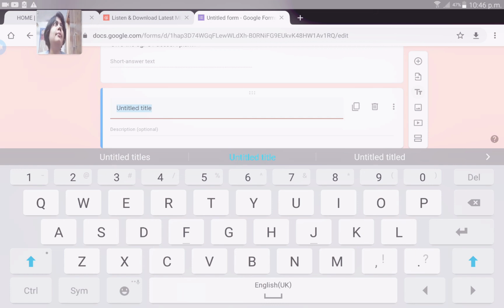For example, you are writing match the following, then one line answers, long answers. Then there are some sub questions, so you can use this T and the other T with a small one. That option you can select.